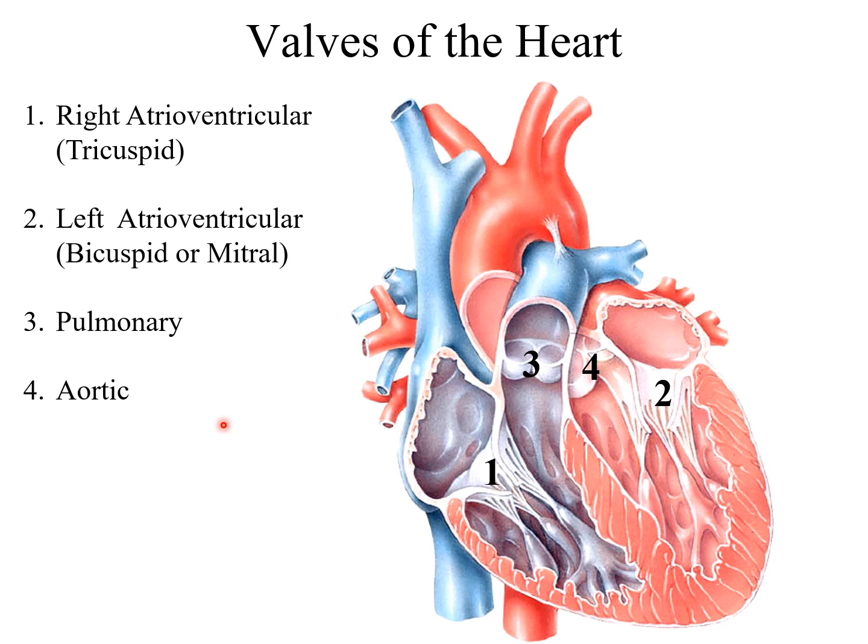So this diagram is showing the four valves: right atrioventricular valve, which is known as tricuspid; left atrioventricular valve, which is known as bicuspid or mitral; and the semilunar valves, third and fourth: third is pulmonary, and fourth is aortic. They are both known as semilunar because the cusps are shaped like a half moon. That's why they are known as semilunar.